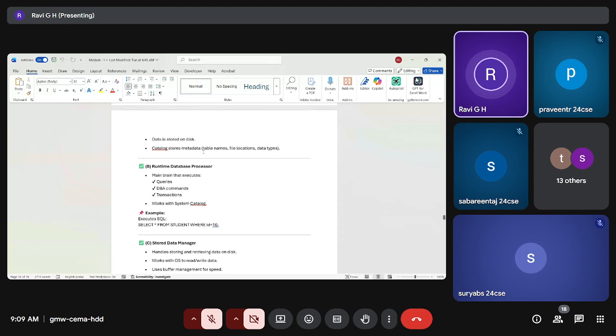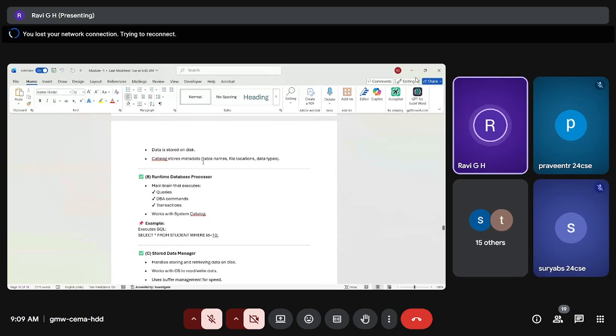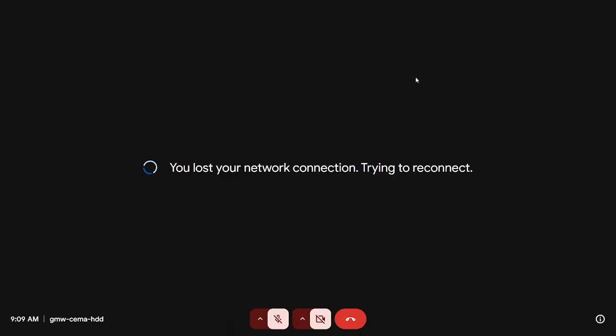For example, two users updating the same record: concurrency control ensures a safe update. Now a simple real-time example. A user checks an account balance. The user wants to check the account balance. First the user enters the request, a show balance query. The query compiler converts the show balance query. Then the query optimizer